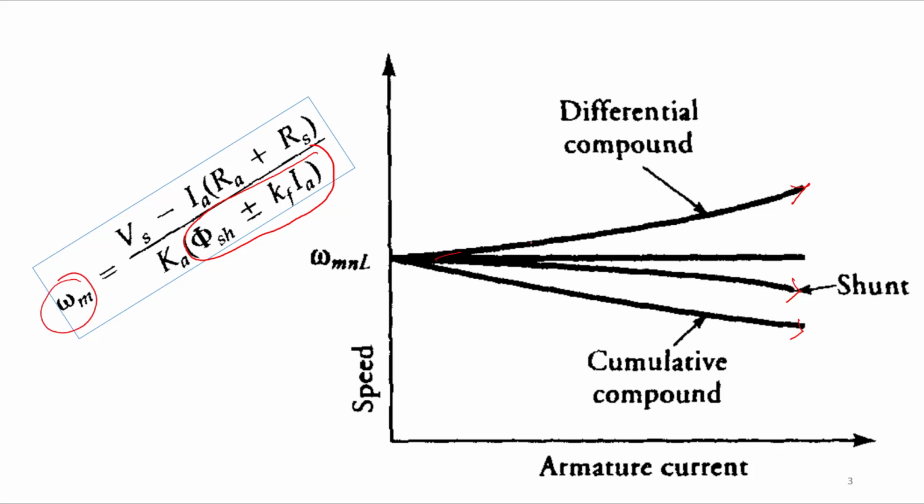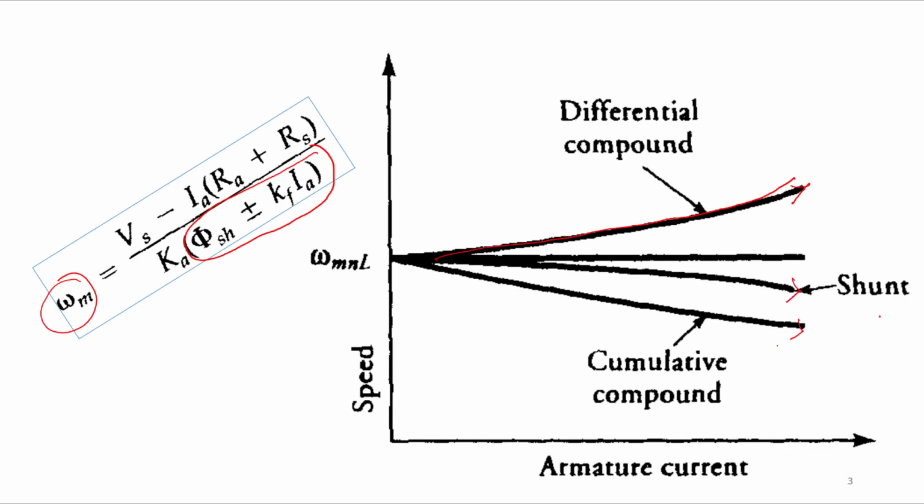So therefore it is increasing above the shunt motor, right? And similarly for cumulative compound, it will increase as compared to the shunt motor, therefore it will be below the shunt motor characteristic, right? I hope it is clear to all of you. I hope you will draw some characteristic in your laboratory experiment also, right?